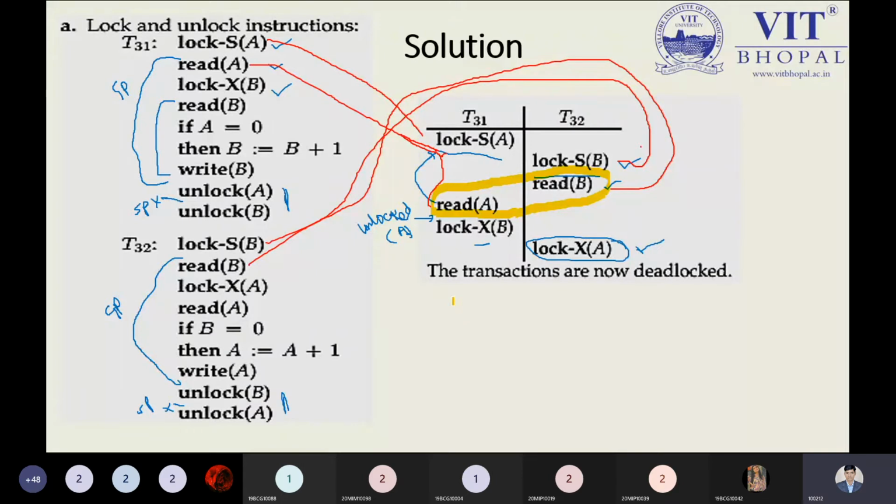Else we can't take it. So in our given transactions T31 and T32, we have a shrinking phase at the bottom side. After completely writing all the statements in transactions T31 and T32 in the solution, we have to write the unlock A and B at the bottom side. That is the reason we can't use it as a beginning part. If you are using it, then you are changing things. You are not taking the data properly. You have to place the appropriate position of each and every instruction. So here we have the list of instructions inside transaction T31 and transaction T32.